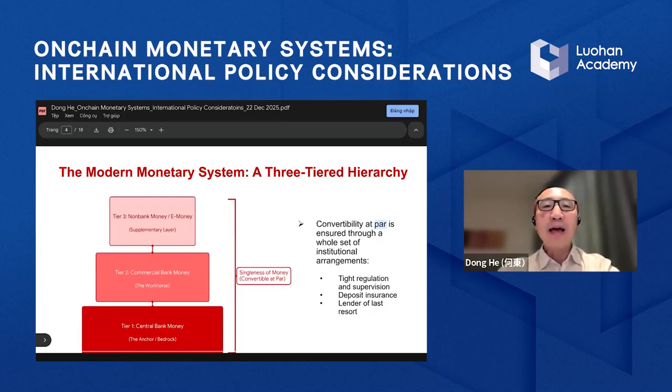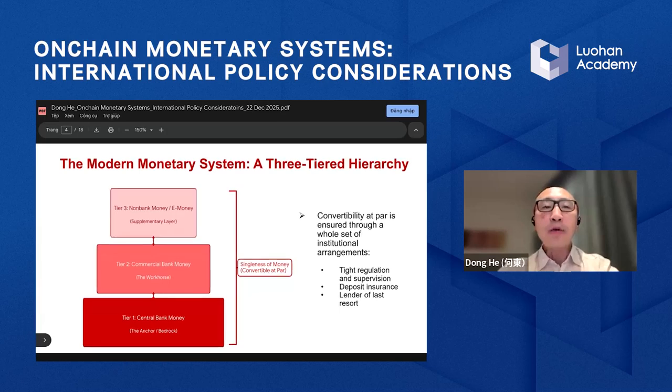So when we think about the modern monetary system, for example, Darryl was talking about the role of central bank money and how we ensure parity of central bank money. We need to think that the modern monetary system is really a three-tiered hierarchy. We need to be very clear about this. The anchor of this system is central bank money, because central bank money really defines the unit of account of any monetary system. A monetary system has a single unit of account that's defined by the liability of the central bank. And then